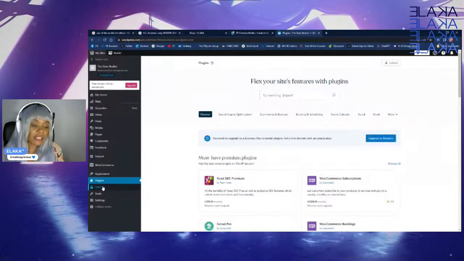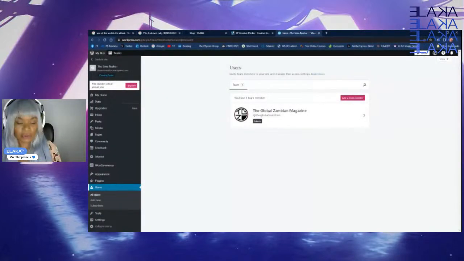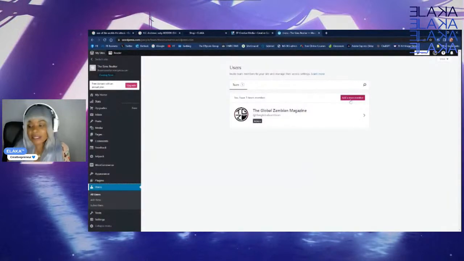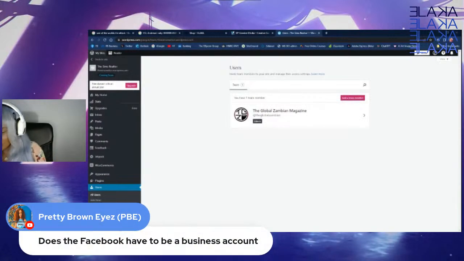Users is basically the users that you've actually added to the website or who have registered with your website, and then it will literally tell you who is what. So for instance, here the Global Zambian obviously is Team 1, because that's the account that we've registered this particular website with. You can add a team member. So if you want to add somebody else to come and help you,